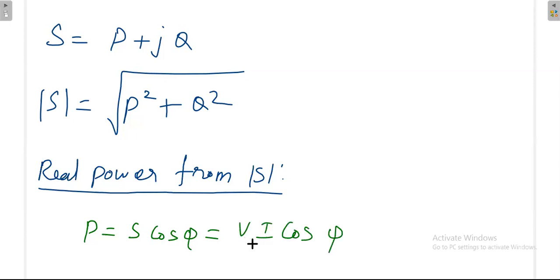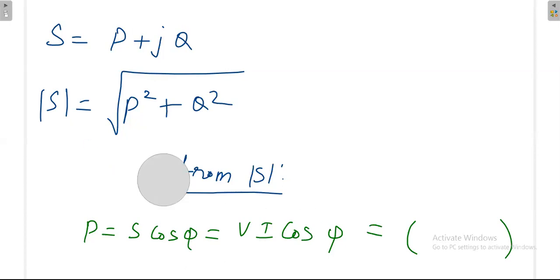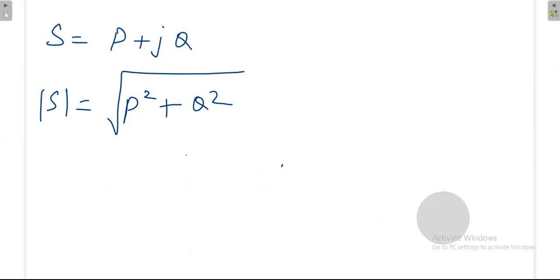You have just now calculated VI. Already you know phi, because phi is lagging. Once you know this phi, the P you can calculate like this also. Already you calculated it by some other method, now also calculate P. So for that we need phi. First we will find out phi, then we'll proceed. How to find out phi? Phi means power factor angle.